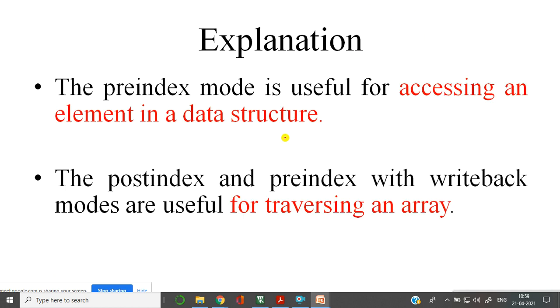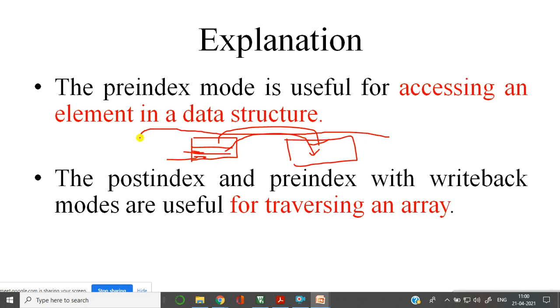So the pre-indexing mode is useful in accessing the elements in data structures, because most of the time in a data structure you pick an element, you place it in a register, and then you store it in a destination address. Say for example, these are the memory addresses you have. So you have some set of data and you have addresses, you pick the data, you move it, then you increment the address, then again you pick this data, you move it here, then again you increment the address, right?